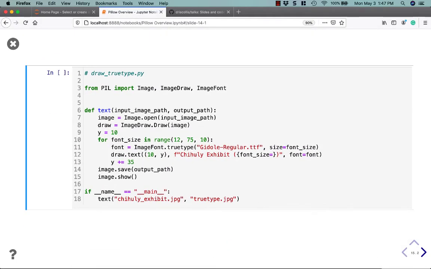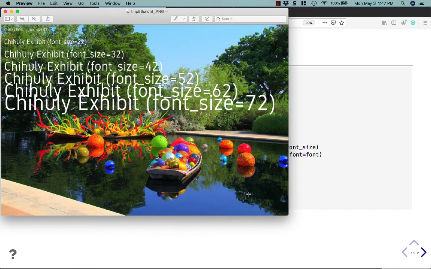If you have a TrueType font that you'd rather draw on your images, Pillow's got you back there too. So to do that, you import ImageFont and use ImageFont.truetype with the path to a TrueType font. Jadoli, or Godoli, I'm not sure how you pronounce this, is a free open source TrueType font you can download. So I grabbed it, and I'm going to have it draw on this picture that I took at the Dallas Arboretum. So if we run this code, it will loop over and basically write the same text over